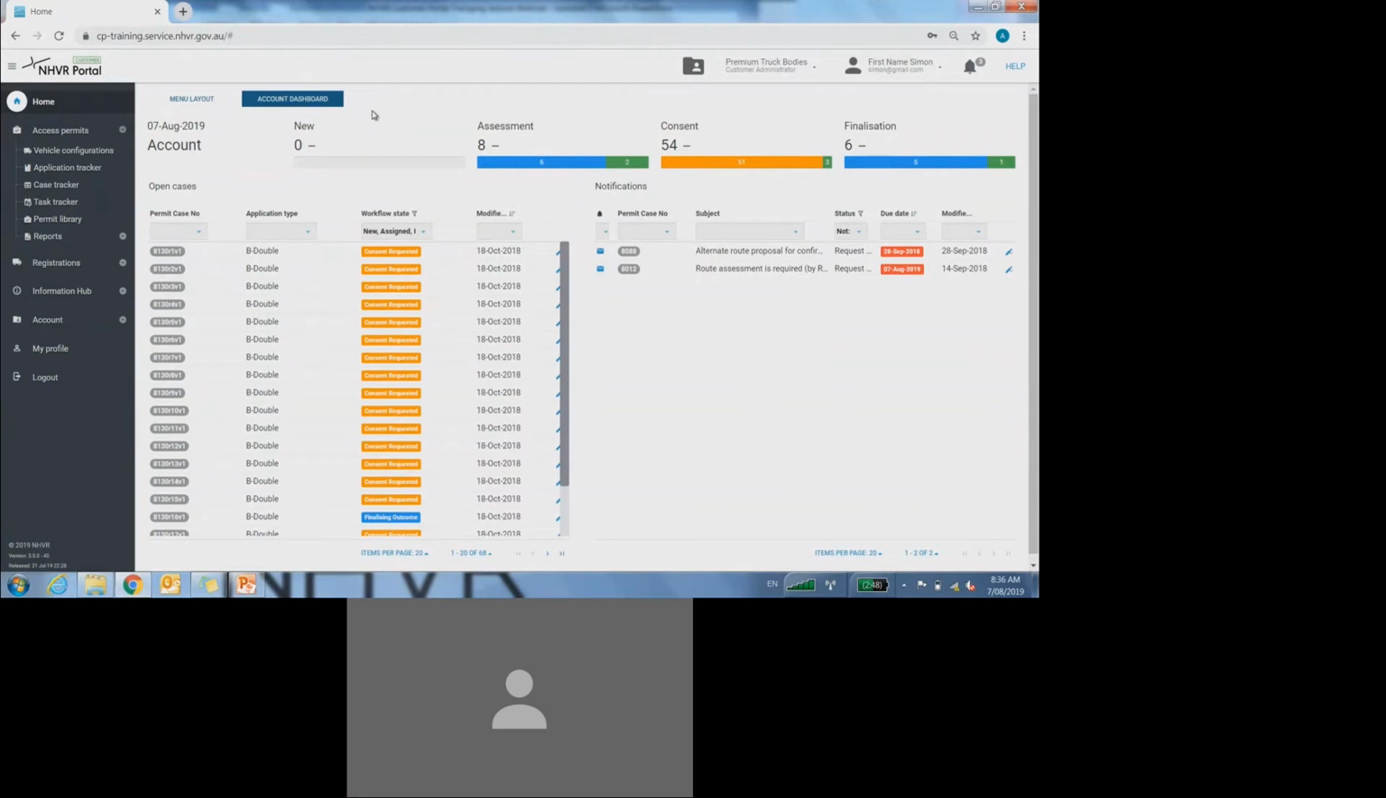So as soon as you submit an application, you can see here it will start to go through the 4 different statuses. So you've got a new queue here, all of the cases that will be sitting with the NHVR in the new queue. As soon as an access facilitator picks up that case and begins the initial assessment, it will jump across into